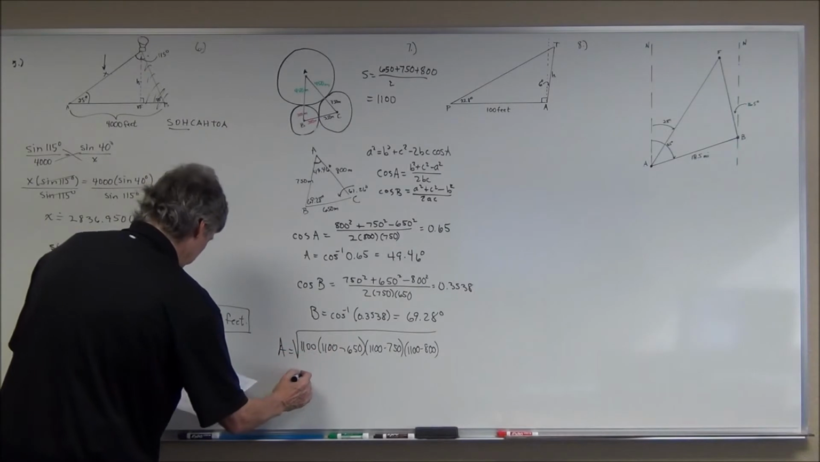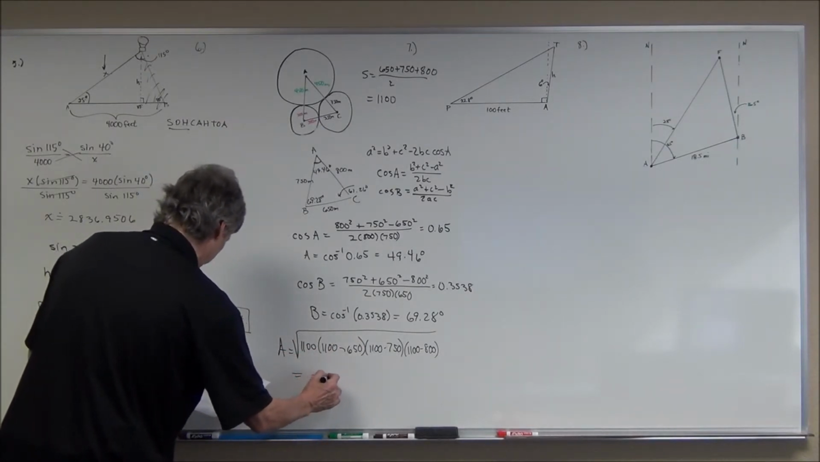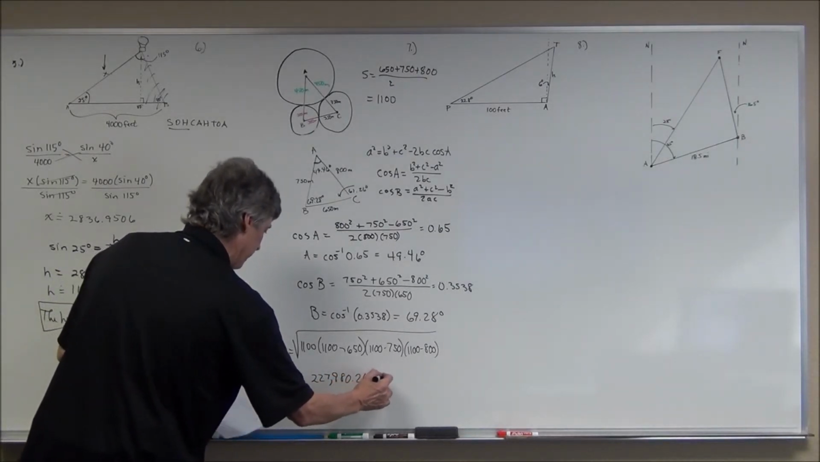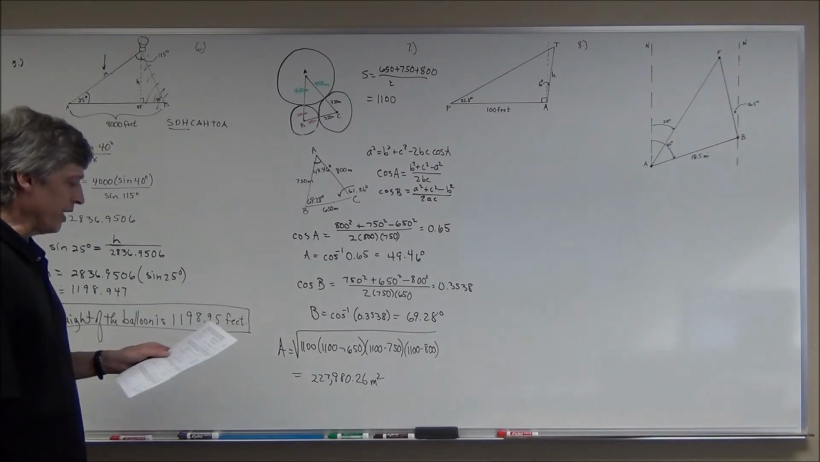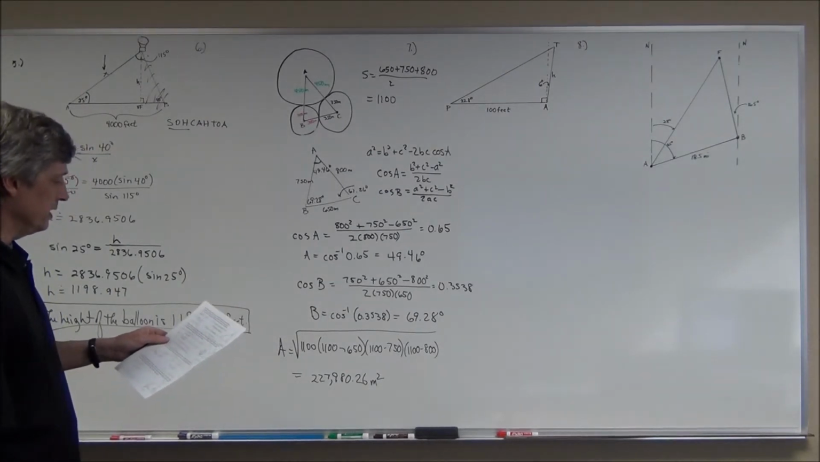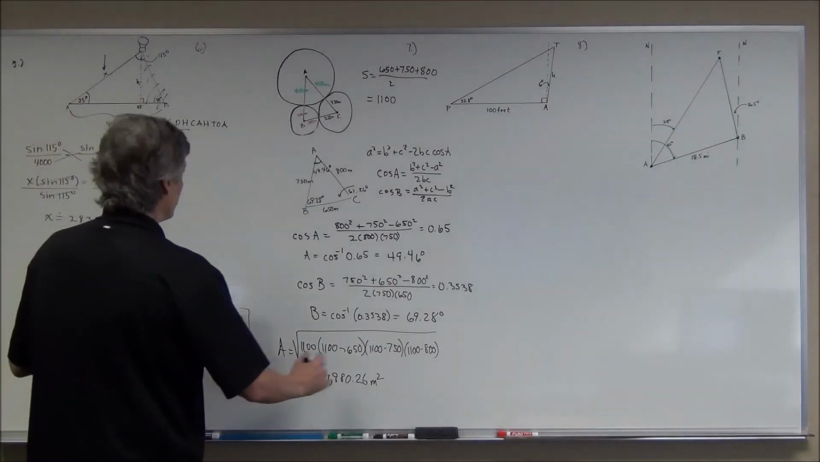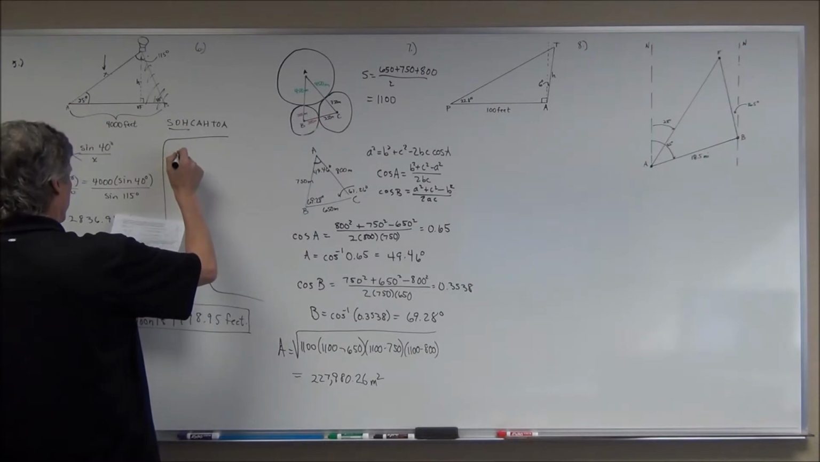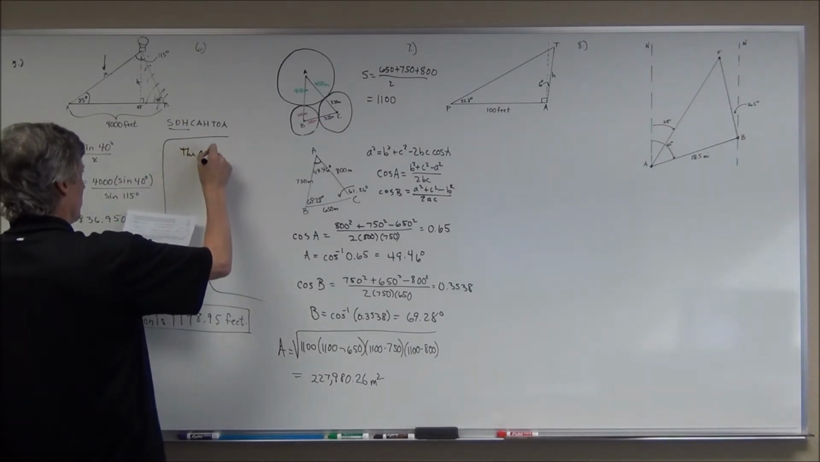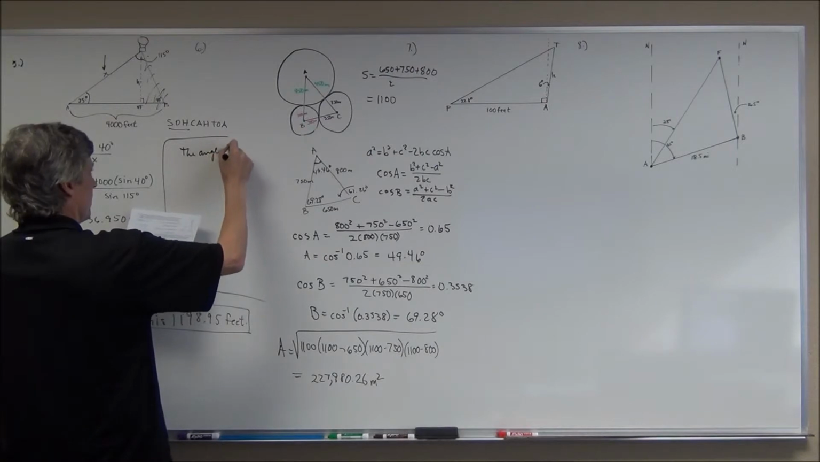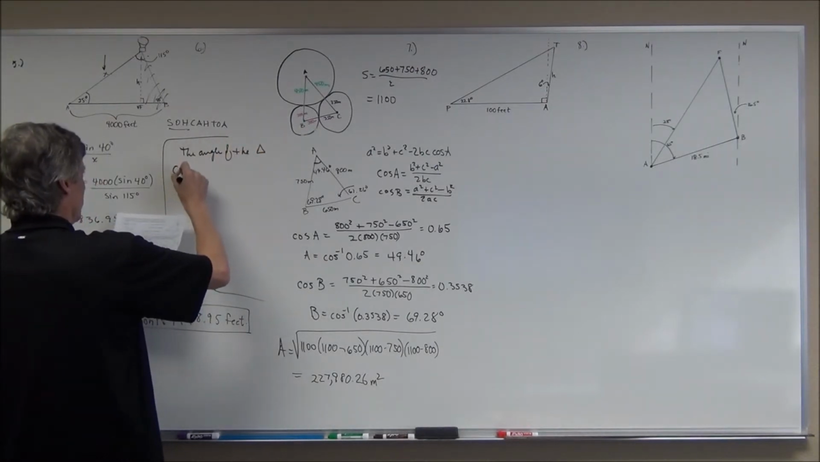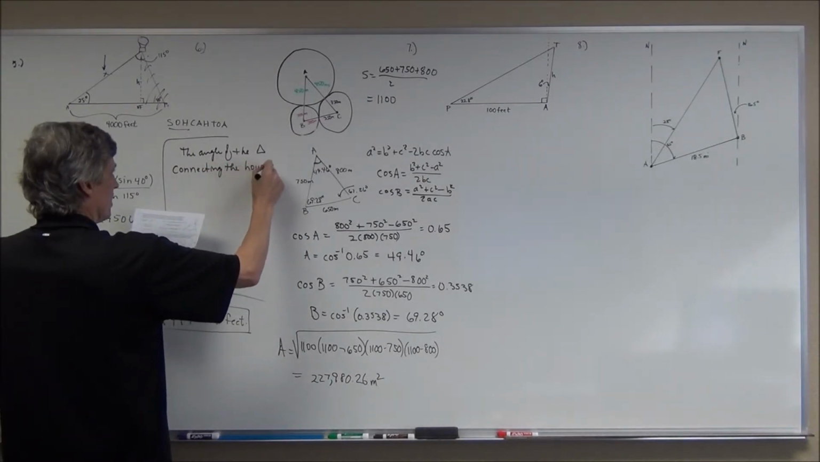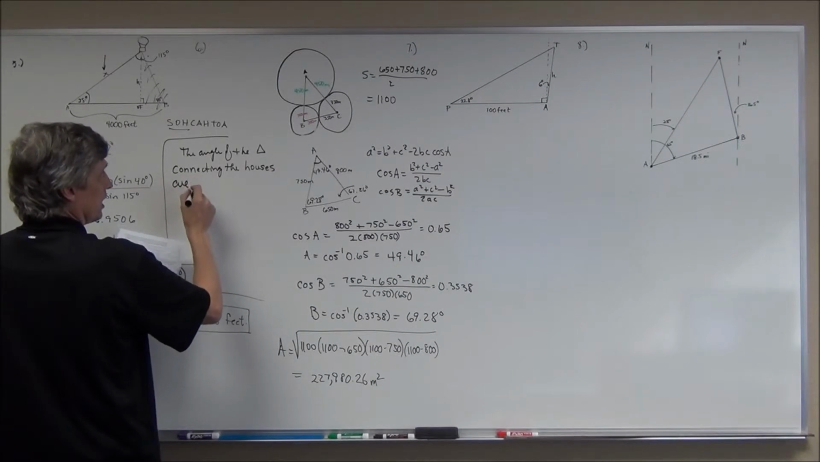I got my calculator busy and I did this and I got 227,980.26, and this would be in square meters because it's area. Now I know it's a story problem, and I'm really out of space here, so I'm going to run it over here. As far as answering it in a sentence, you could say the angles of the triangle connecting the houses are, what did I just say,